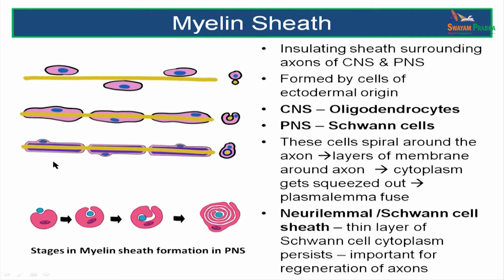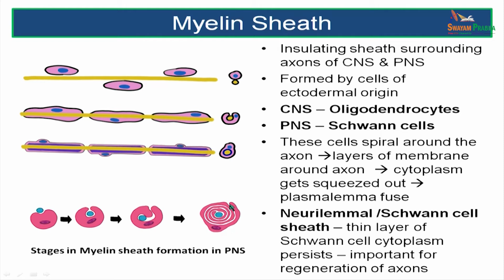In this slide here, you can see there is one axon and there are 3 Schwann cells. Now, how do these 3 Schwann cells form myelin sheaths around this axon? So, if you take a section, you see the axon and the Schwann cell, and the Schwann cell starts rolling around this axon. What happens later is it meets and then it spirals around further. What happens to the Schwann cell cytoplasm? The Schwann cell cytoplasm gets pushed to the periphery. That is why you find the nucleus also lying peripherally.